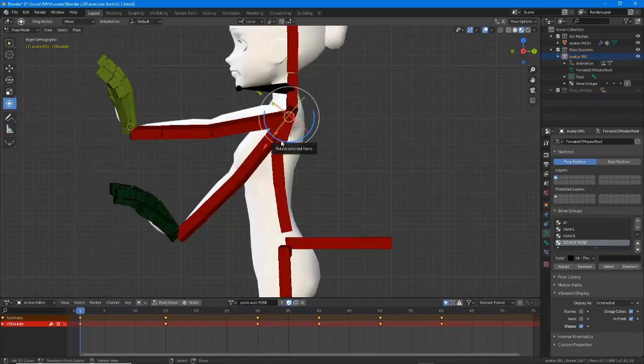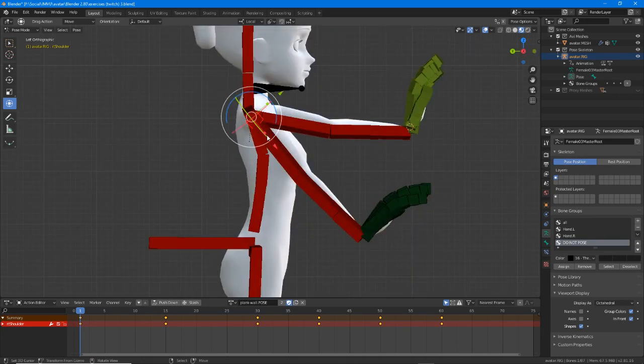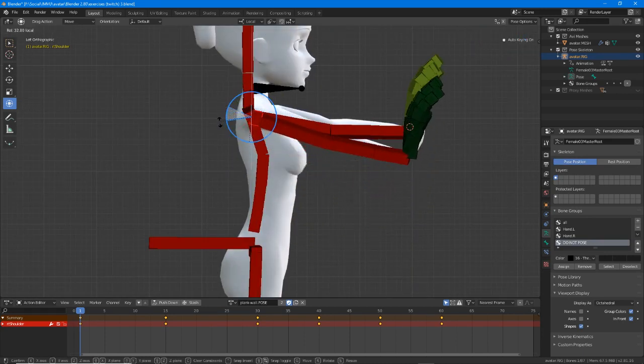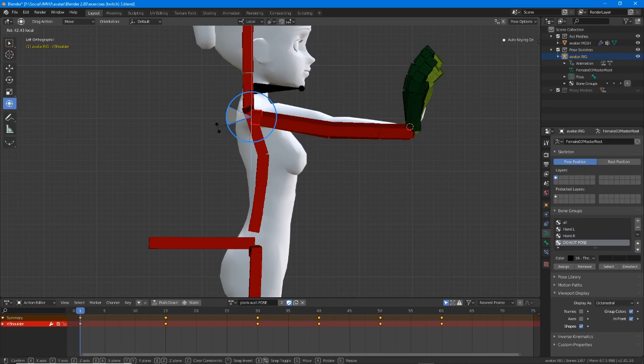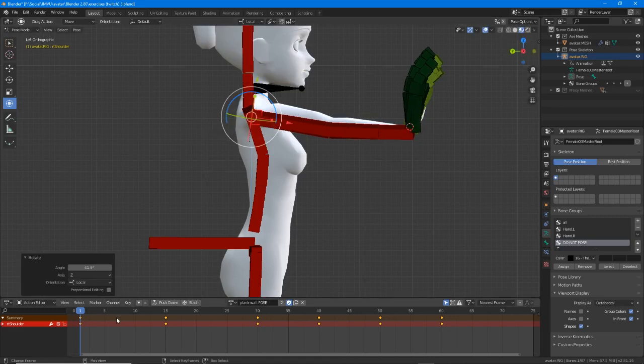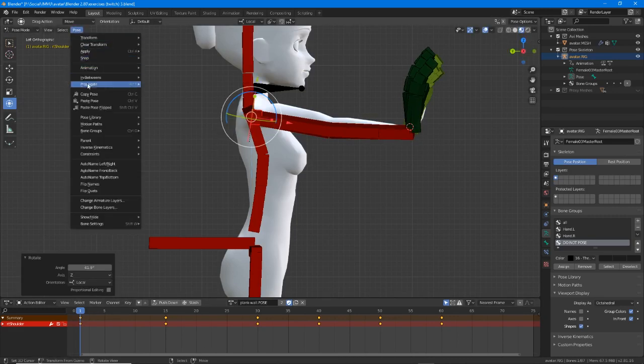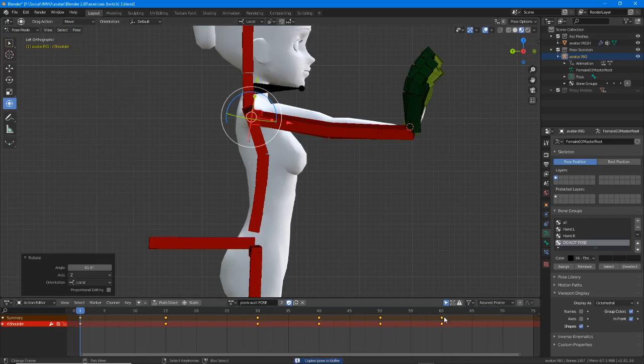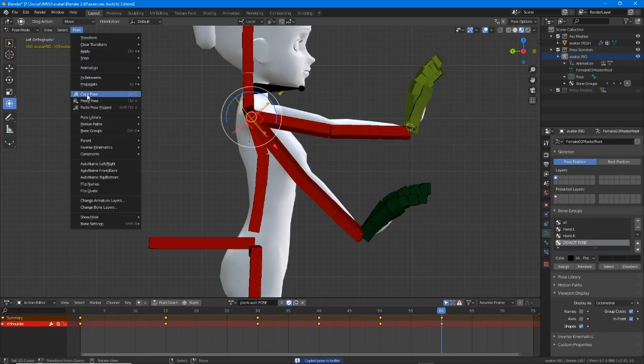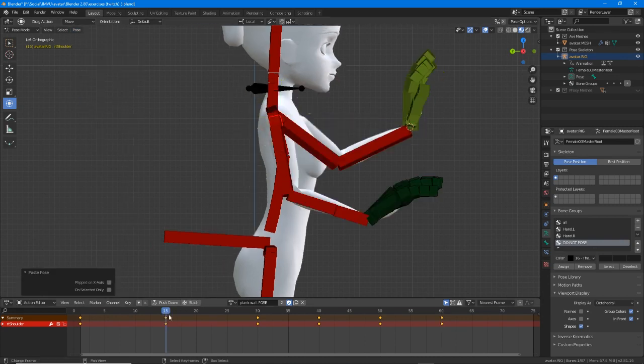So Control 3, it's the left hand side. So copy that selected bone, paste, that's the end and start the same. So now we can do,